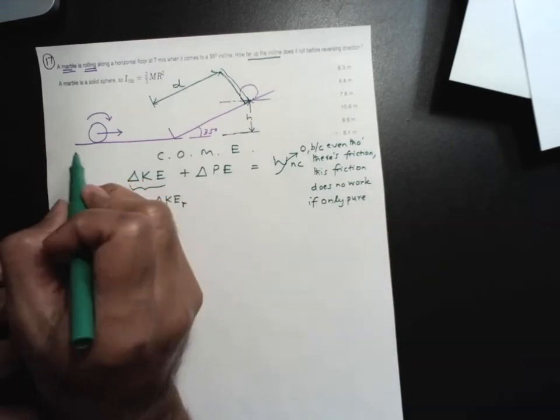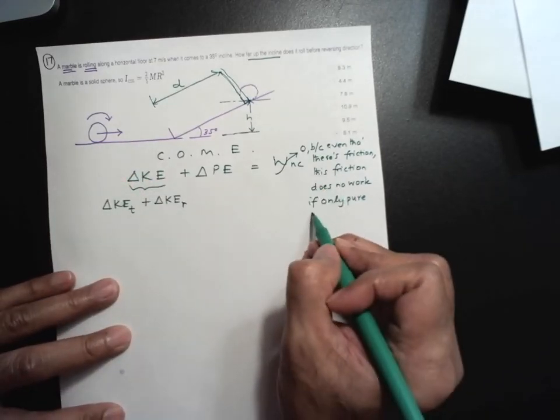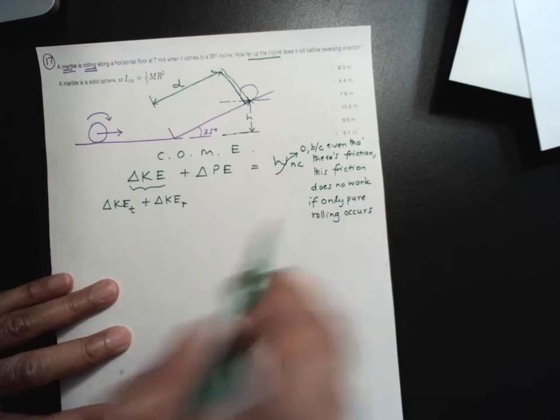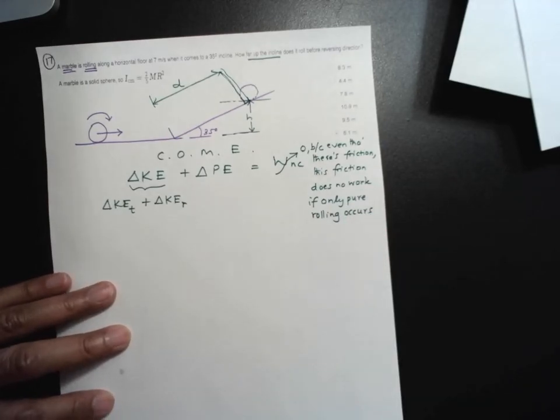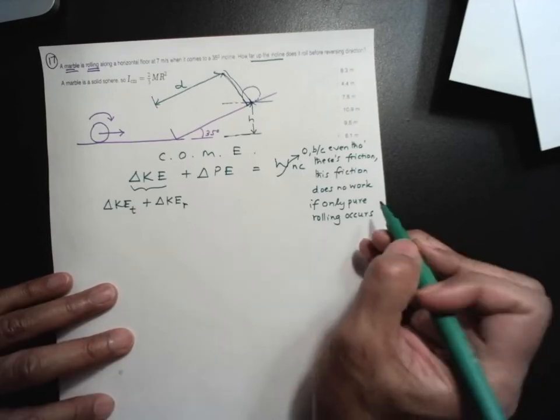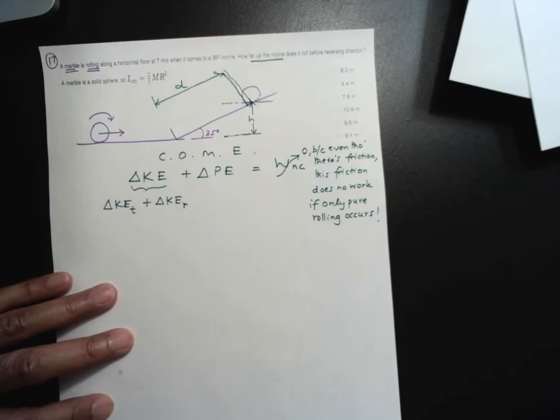So as long as the wheel does not slide and there's no rubbing going on, if only pure rolling occurs, then no work is done. And I can talk more about that if anyone needs to, but that's really the idea. So for this reason, the work done by non-conservative forces is zero. Okay,